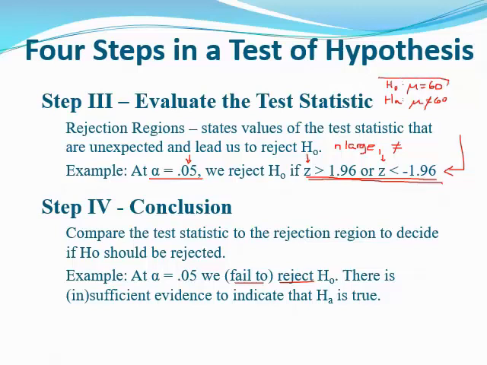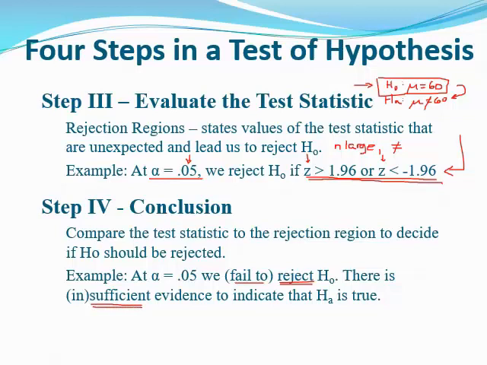If you reject the null hypothesis, you see me drawing a rectangle around it up here. If you reject it, if you don't believe the null, what do you believe? Well, you got to believe the alternative. So if you say nope to the null, you got to say yes to the alternative. So if we reject, we're going to say there's sufficient evidence to indicate the